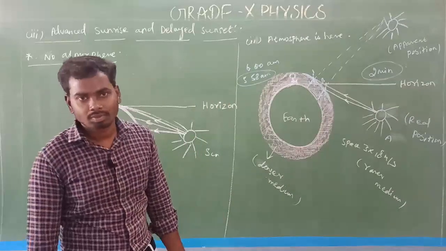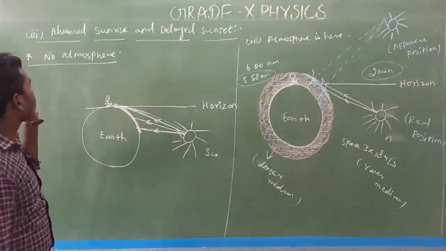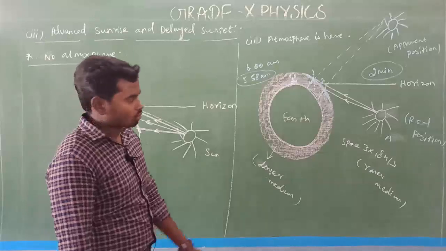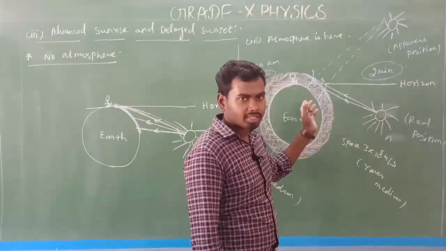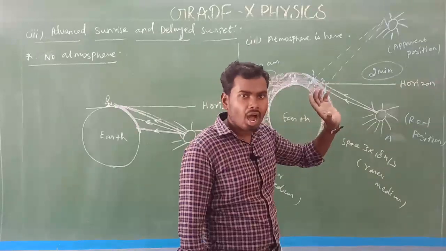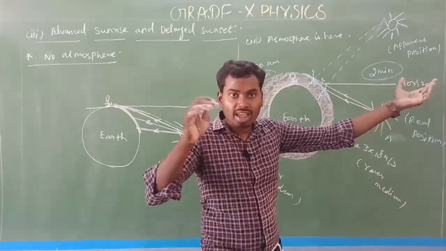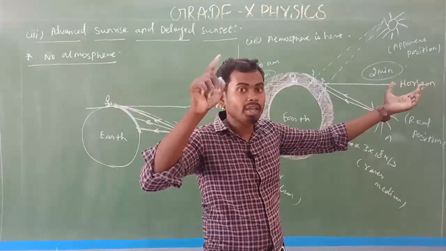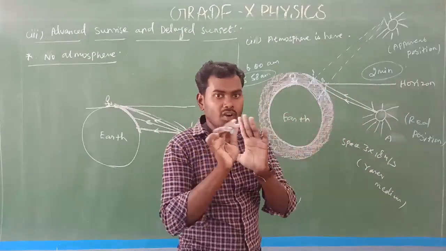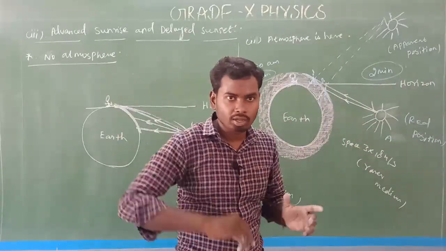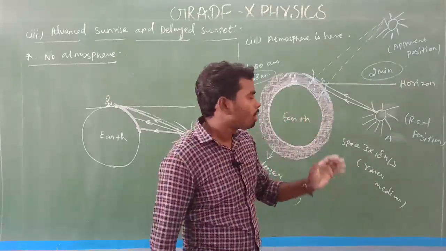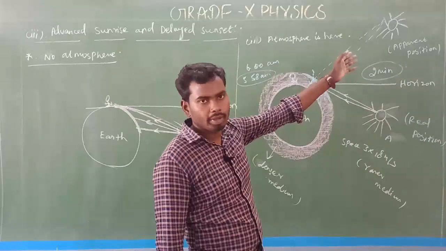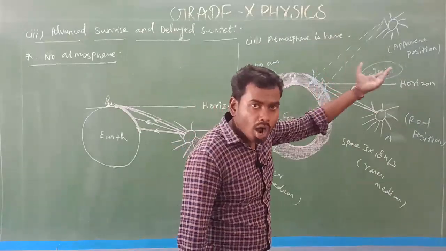That's all. So that is advanced sunrise. Actually, the original position of the sun is this, but due to atmospheric refraction, the sunrise appears to be advanced. The sun's position never changes. It is not coming early by 2 minutes every year. That is constant, that is nature. But due to atmospheric refraction, it appears to be an advanced sunrise.